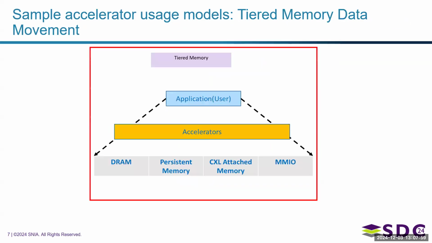The next use case is more related to the fact that we now have different tiers of memory, and now I should just add HBM classes of memory as well. A lot of times, just moving data between different tiers of memory might cause stalls at the compute level because they're all at different latency tiers. So offloading data movement to an accelerator, which follows a specific standard, gives a lot of goodness in being able to move data between different tiers of memory while not waiting on